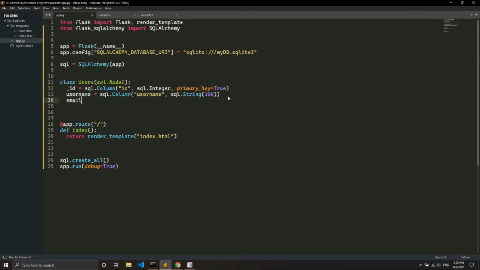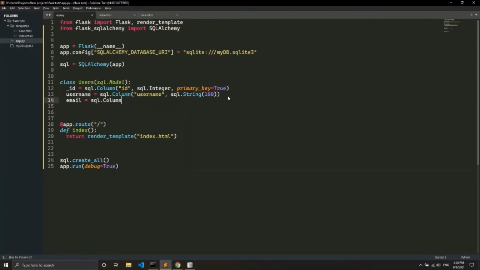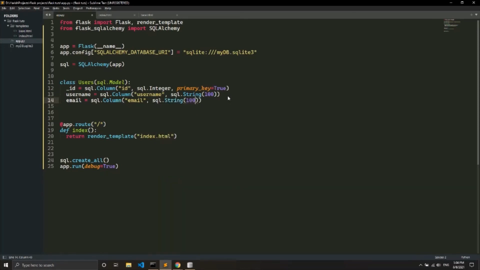So I'll create an email equals SQL dot column email, and SQL dot string, and the string will be of 100.